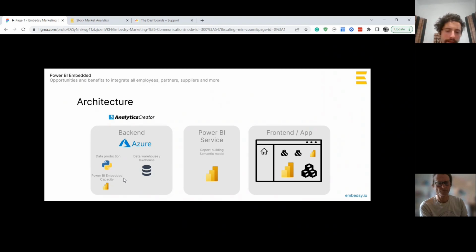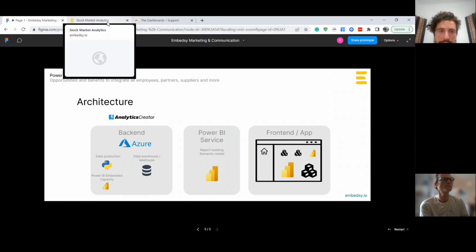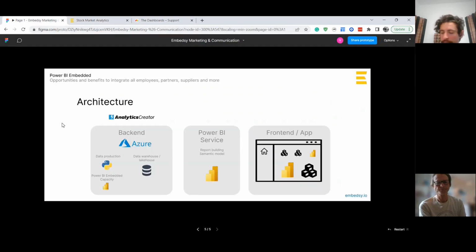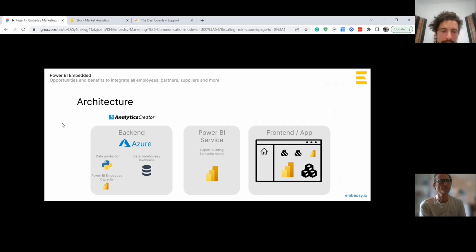You can play around with that and reduce the cost a little bit, but think of that as a capacity that can support tens, hundreds, maybe even 1,000 different users using everything that you build in Power BI. So from a certain scale, it makes sense to get a capacity. So that's one benefit. You don't have a license per user.